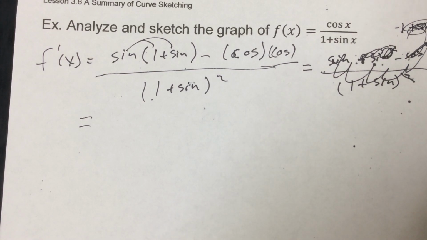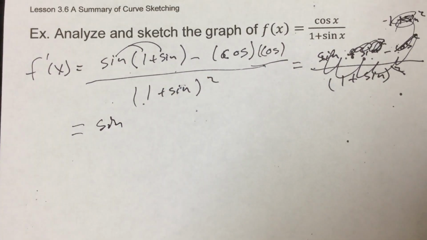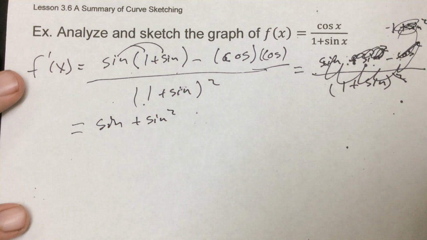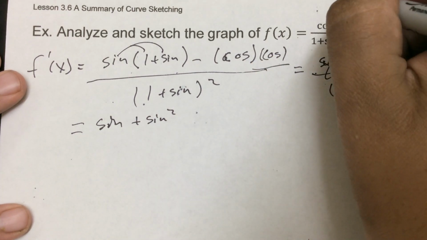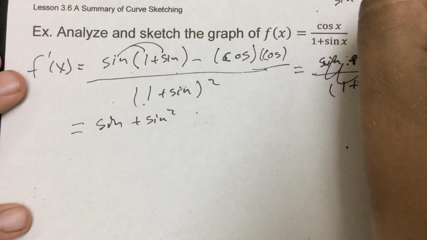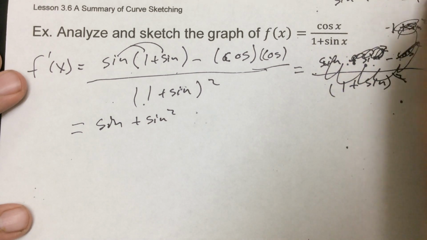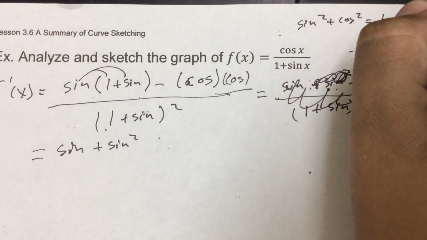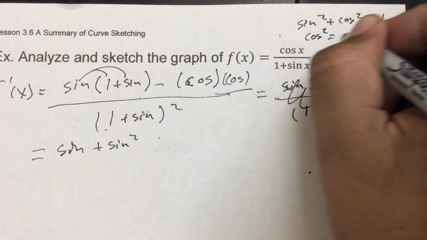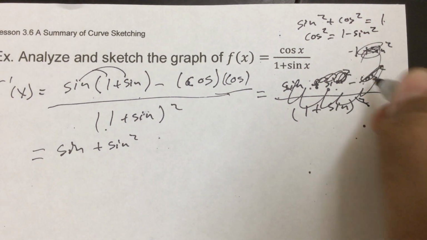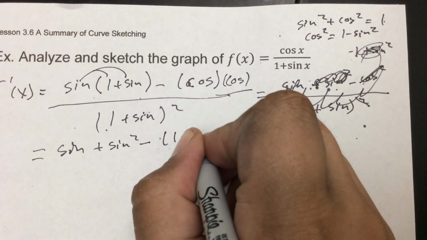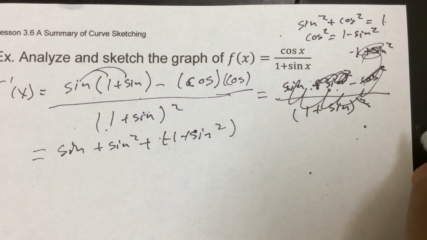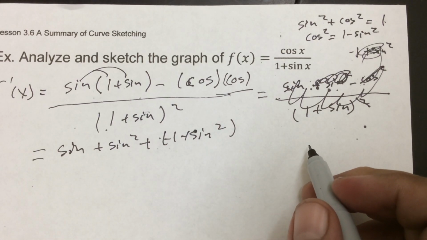So if I have sine, I'll rewrite this as sine plus sine squared. Cosine, so we have our sine squared plus cosine squared equals 1 deal. So to sub out cosine, I can have cosine squared would equal 1 minus sine squared. So this would be a minus 1 minus sine squared. So that would distribute. And so what we have here